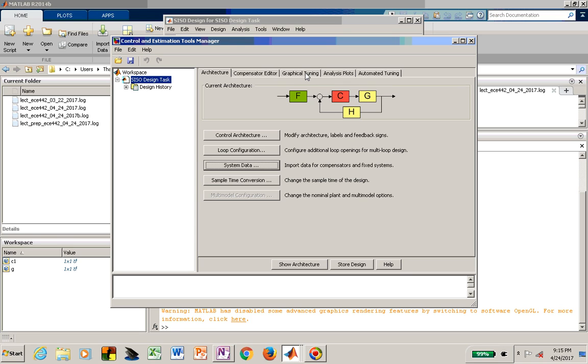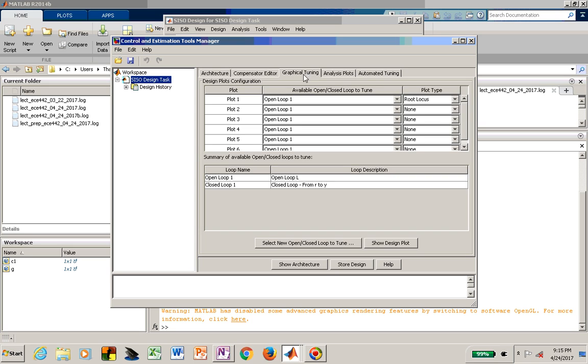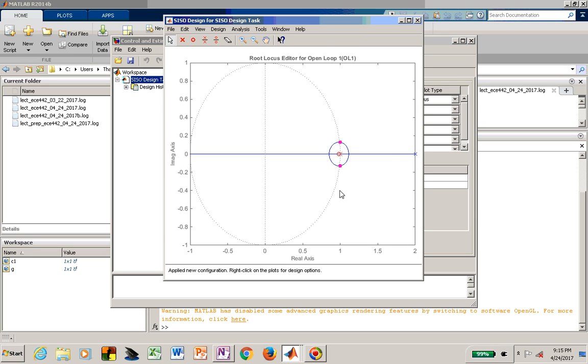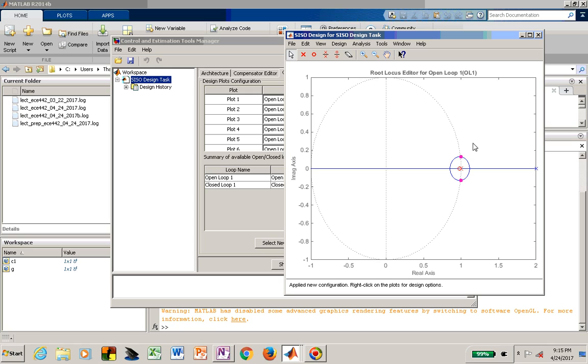Let's go ahead and look at the graphical tuning of this. In plot number 1, we're saying let's look at the root locus and show that design plot. This is the root locus diagram that we would have expected. You can see that with the appropriate gain value, it's actually unstable. But if we now